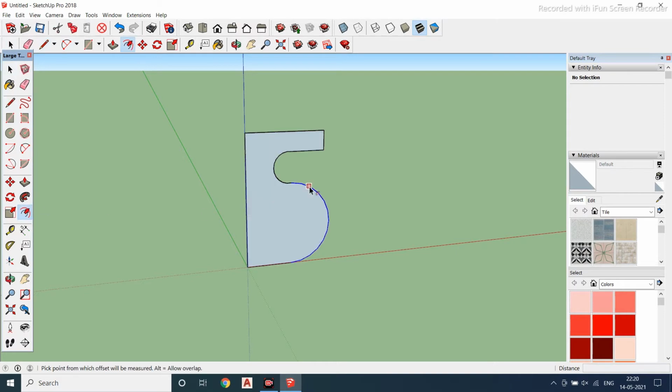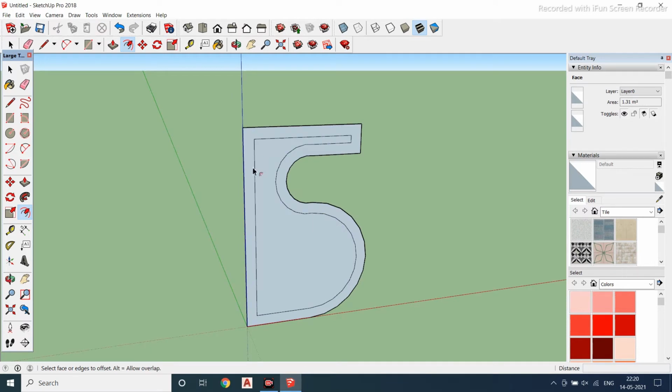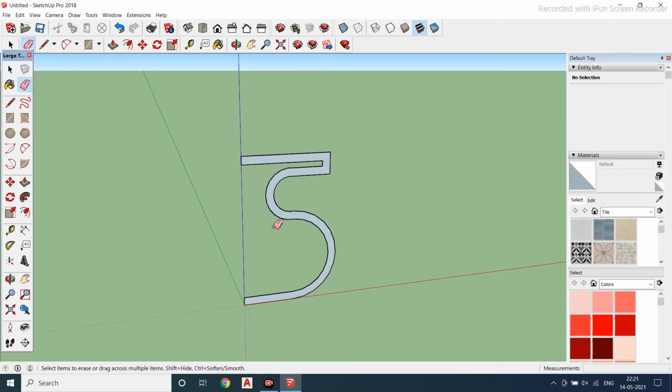Now I'll use an offset and give some offset. Fine. Now come out of the command, select this one and give continuity. Escape, continuity, then use your erase tool.